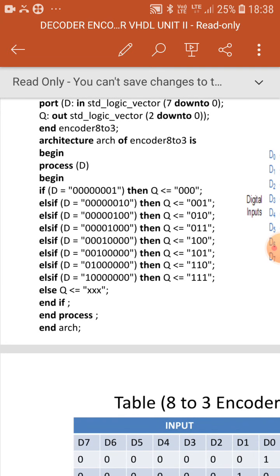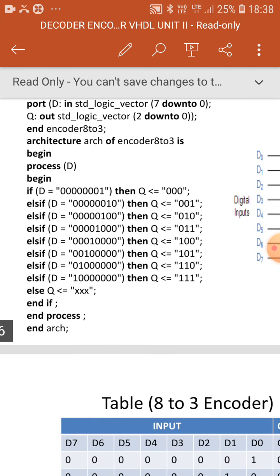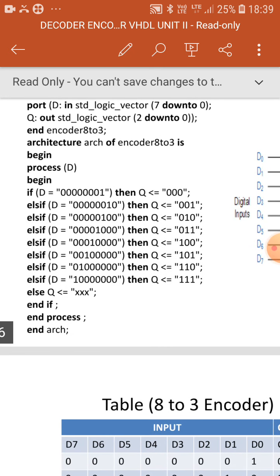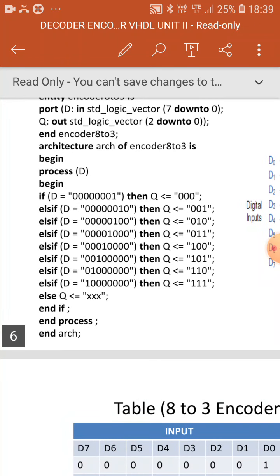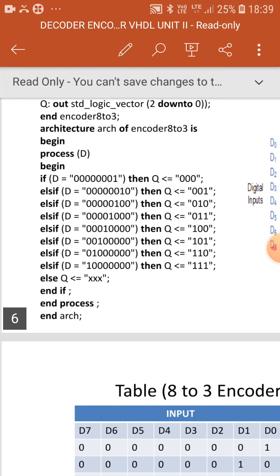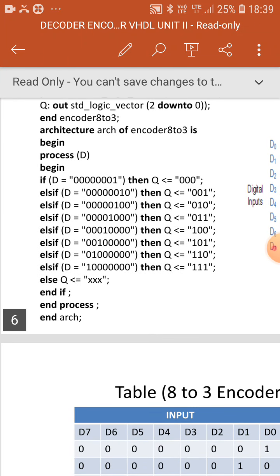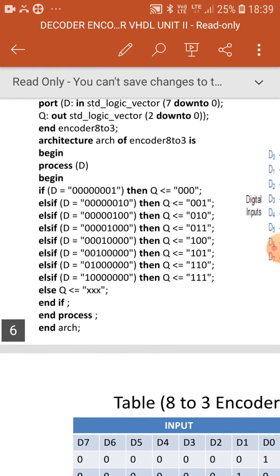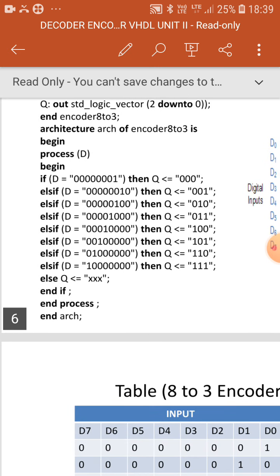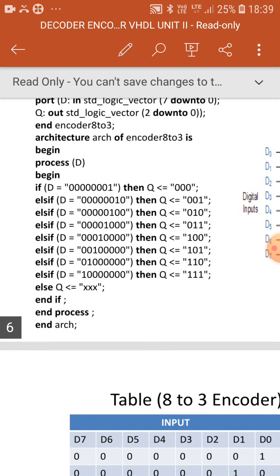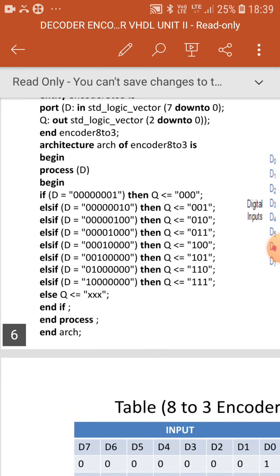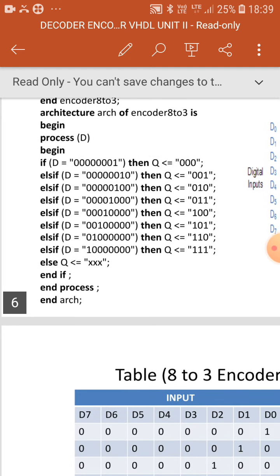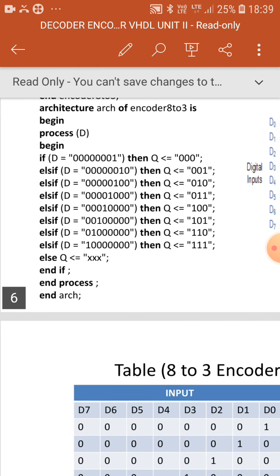So if D naught is equal to 1, then Q is equal to 000. If D naught is equal to 1, 000 will be assigned to the output Q. If the condition is false, then it will check whether D of 1 is equal to 1 or not. If the condition is satisfied, then 001 will be assigned to Q. If the condition is false, then it goes to the next else if statement.